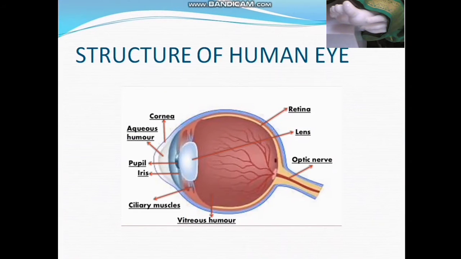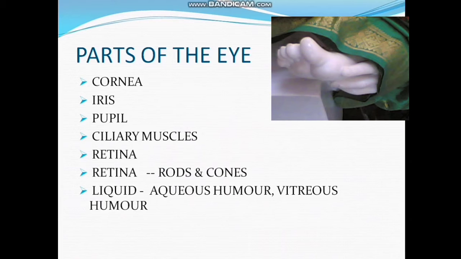The natural optical device through which we can see objects around us is the human eye. It is one of the most valuable and sensitive sense organs. Out of all sense organs, the human eye is the most significant one, and it enables us to see the colorful world. The structure of the human eye is made up of a few parts. These parts are very important, so now see the parts and their functions.